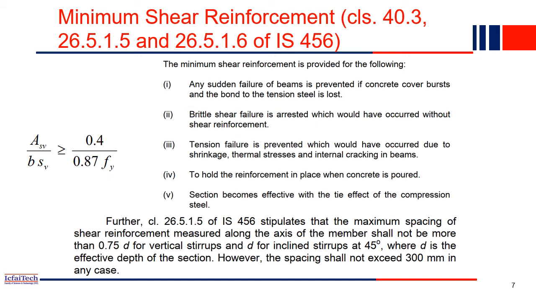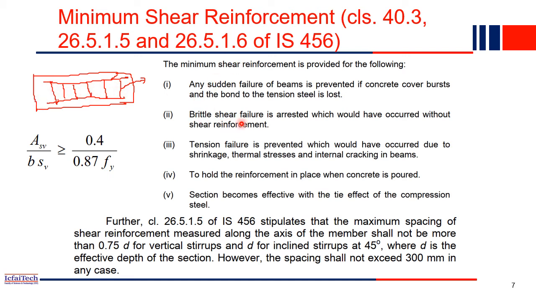So in a beam, if you see a doubly reinforced beam, how does it look? The beam will be something like that. So this is the actual outside of the beam, and then in the middle you have the longitudinal bar, something like that, and then we provide the reinforcement, right? Something like that. So this is the stirrups. These stirrups will basically hold the top and bottom bar together. So even if the cover bursts because of the load, your structure won't collapse, because these bars will be tied up with the stirrups. That is one thing.